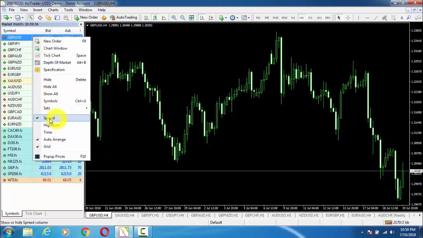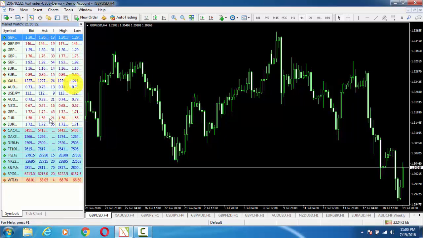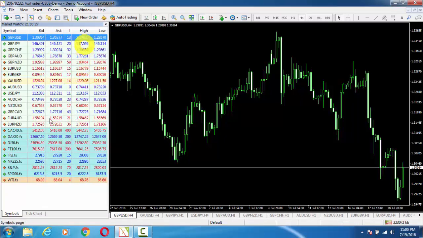After this spread, now we have the option of high and low. This is also very important, especially for pro traders, and especially for intraday traders. So for that, what we need to do, just click on high and low. It will give us today's high and low.